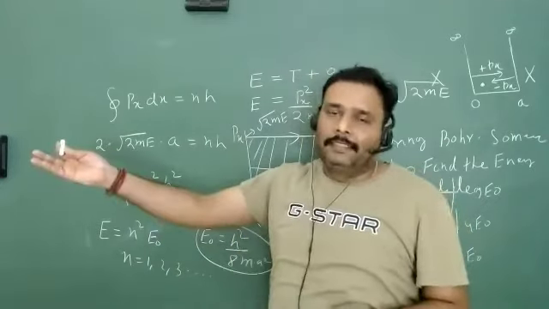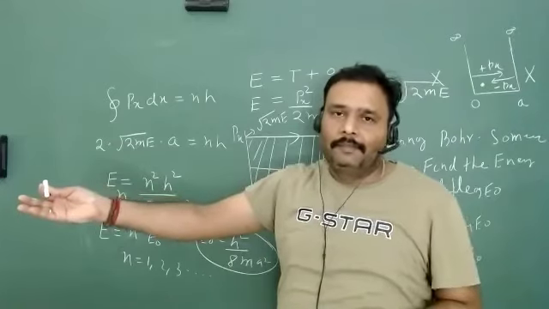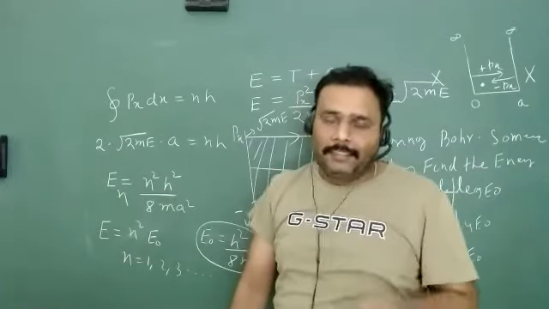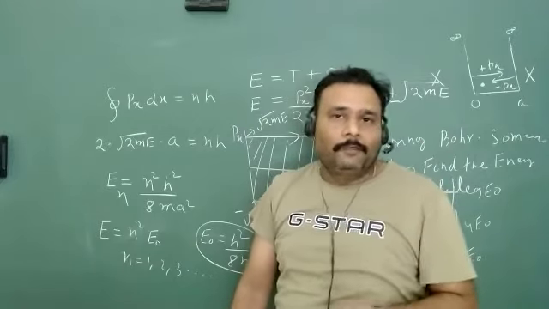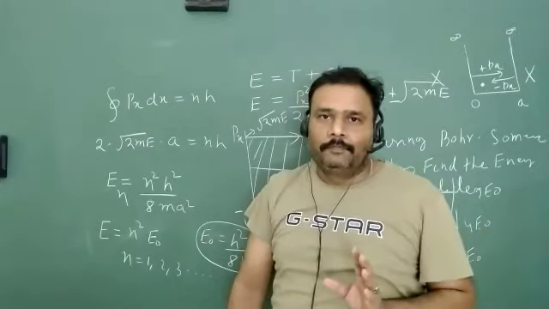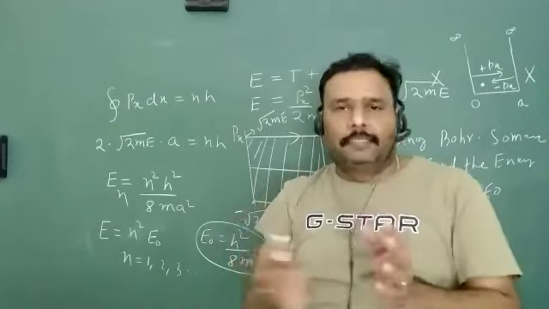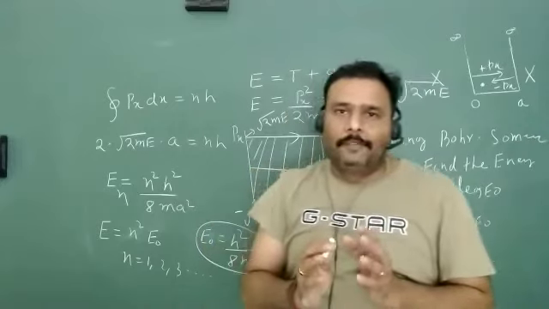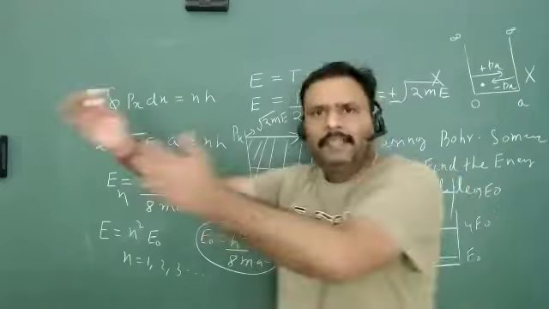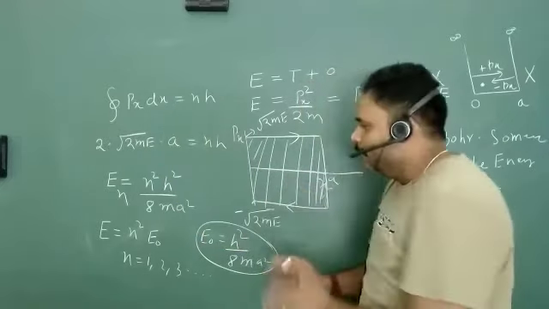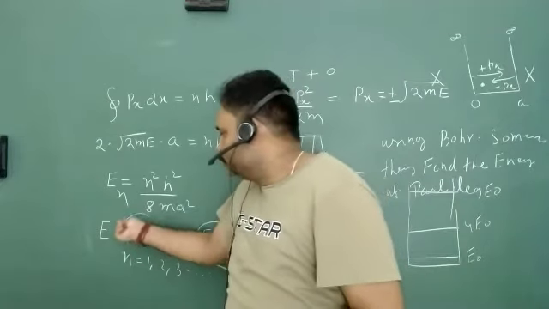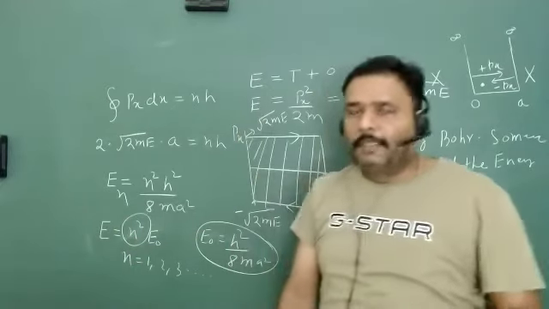So you have done this for the hydrogen atom. In the hydrogen atom also, you find that not all possible values of energy are allowed. What you have found is that the energy is minus 13.6 by n square. Suppose minus 13.6 is some E naught. Then energy is E naught by n square. That is a different type of discreteness, where energy is proportional to n square.